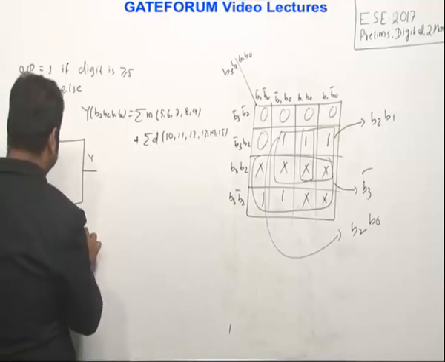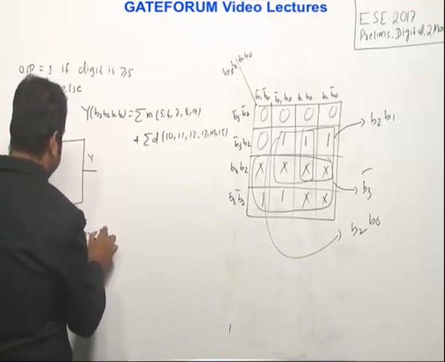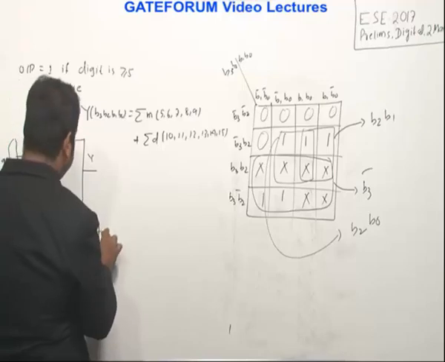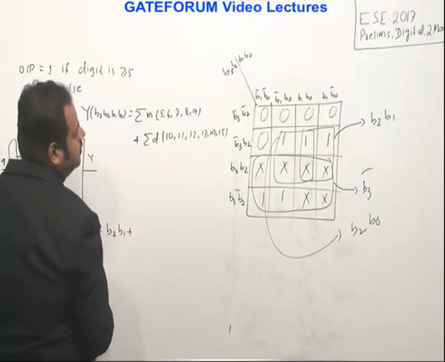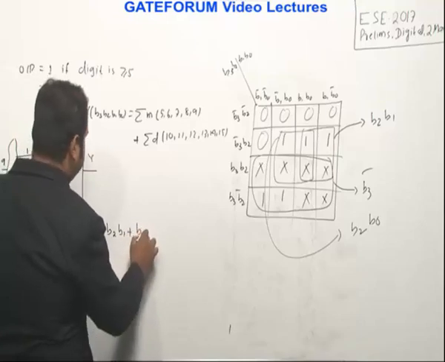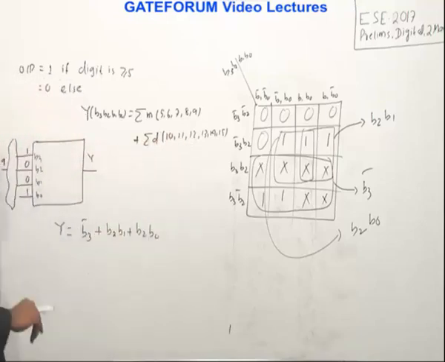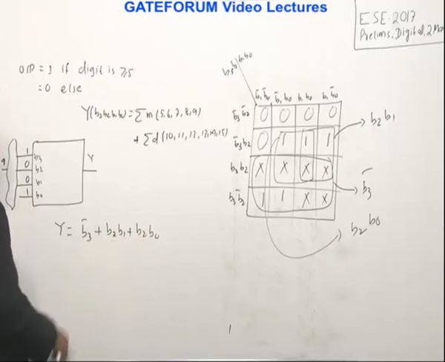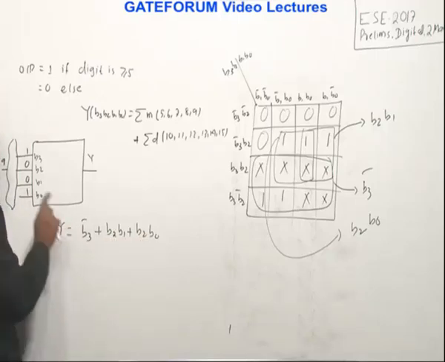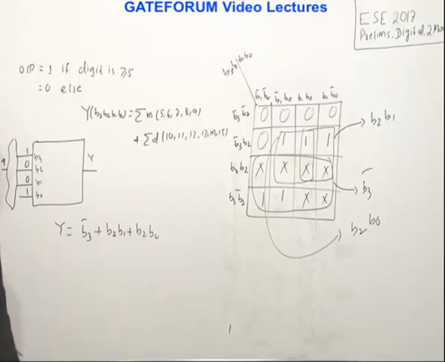So this expression Y has the answer. I can write this as B3 plus B2 B1 plus B2 B0, right? So simply I am adding those 3 corresponding terms. If you think like that, I will implement. So your answer could probably be, for this I need one AND gate, for this one AND gate, and then I can use an OR gate. So probably you may get 5 as the answer.